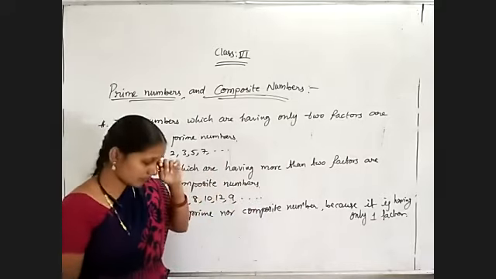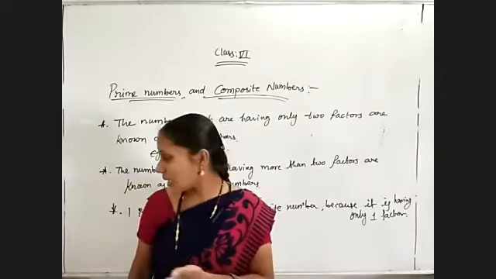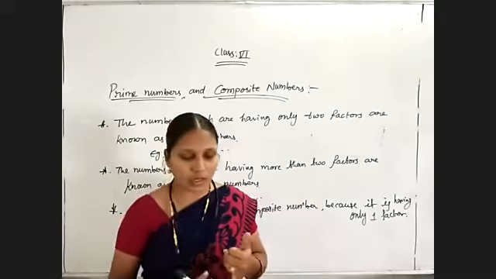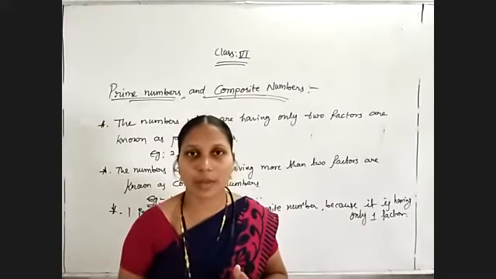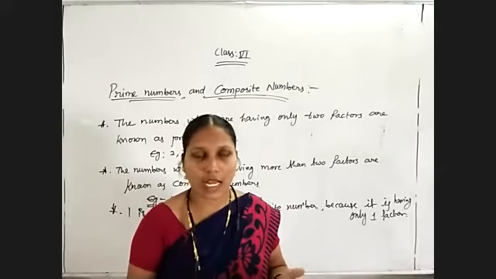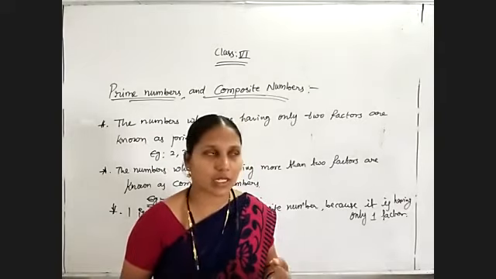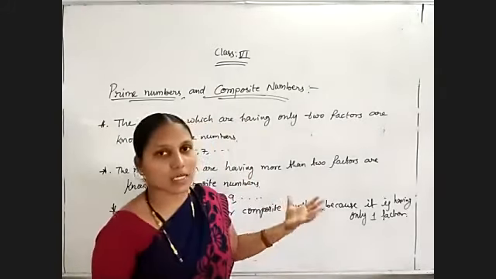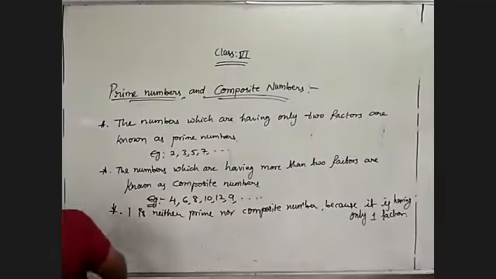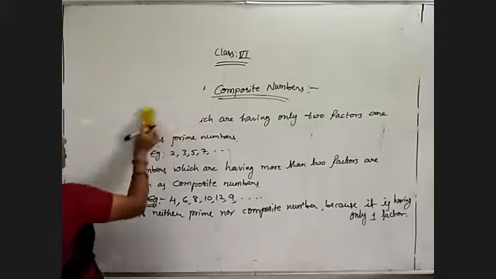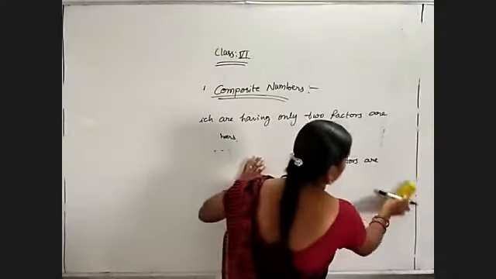And next, factors, how to write the factors also. In our next exercise, we need to find the factors of different numbers, and they will ask what the different prime numbers are between so and so numbers. And next, we need to check whether the given numbers are co-primes or not. After finishing this, what is meant by a co-prime? Co-primes, the other name is relative primes.